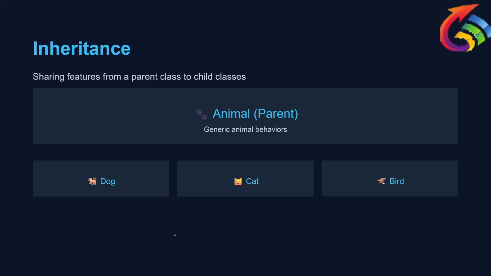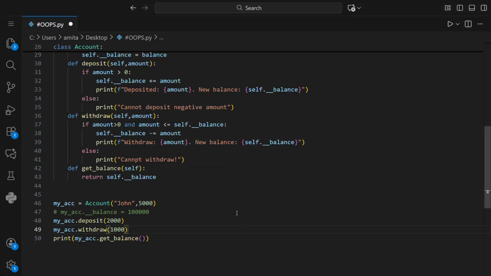So here's the idea. Let's say we have a general animal class here. All animals have general things in common, like dog, cat, and bird. They can move, eat, and sleep. But the animals are different, right? Like dogs bark, cats meow, birds fly, like this. So without inheritance, we would have written the code like